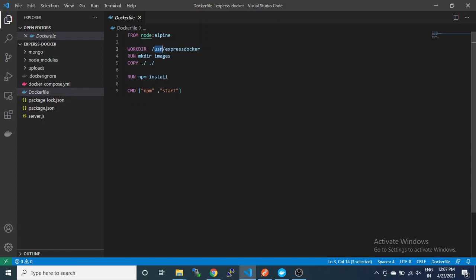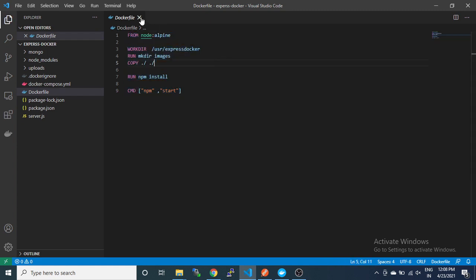Here I have created a directory called images, so it will create a new directory, user/express-docker/images, inside express-docker. We will save all the documents or files in our images folder. Then the normal steps: copy from this root to this root, npm install and npm start.